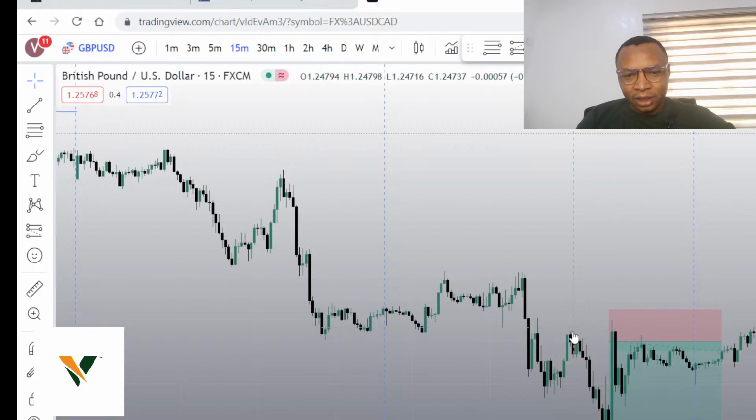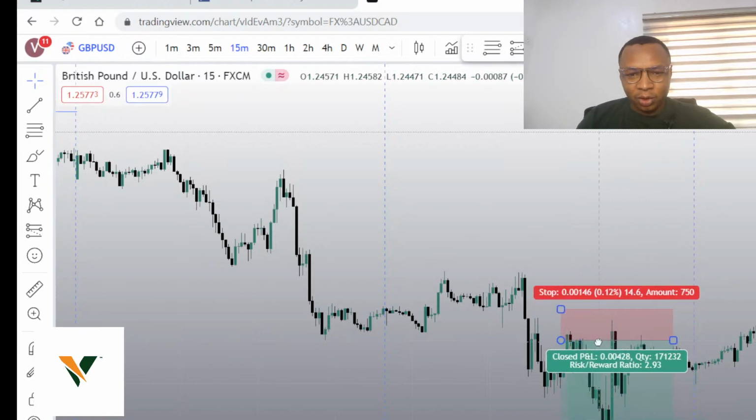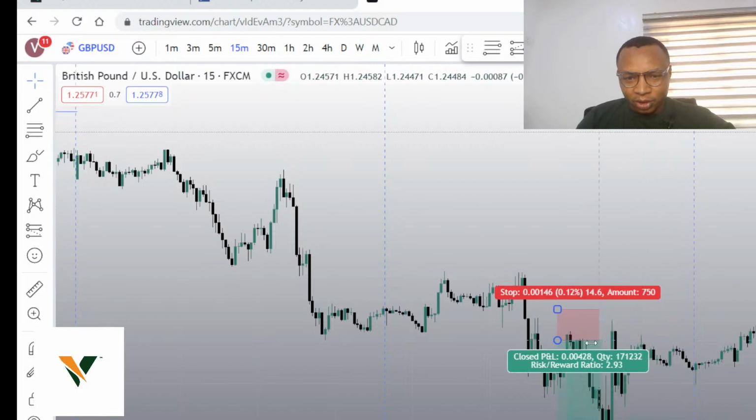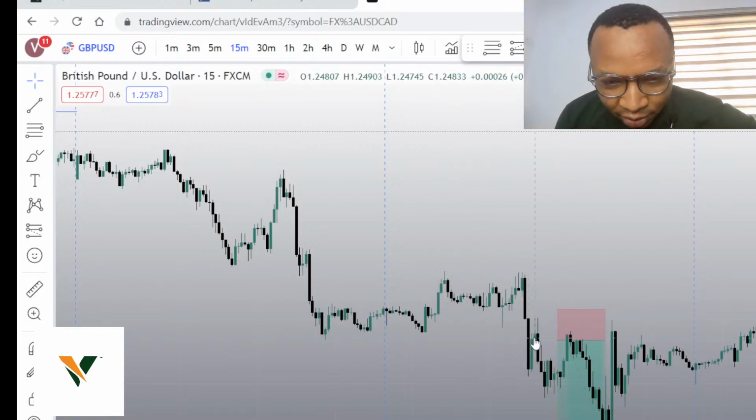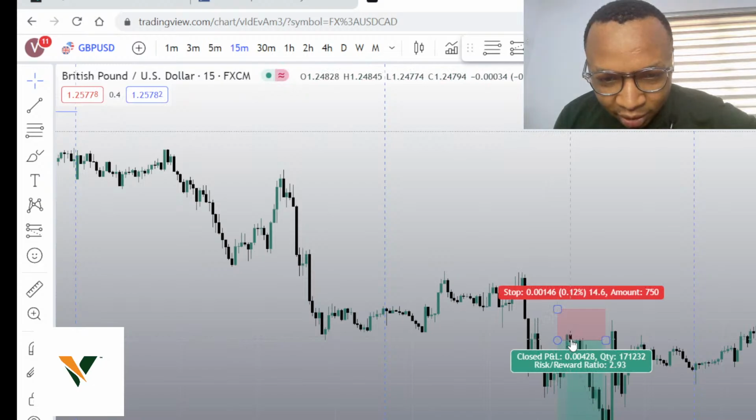Although price violated the order block, all right, price violated it, but then afterwards we told you how we expected it to still come down, and this is the short here, around here. Yes, this was it. Okay, no, price didn't violate the order block actually. Price came back to reach the order block around 9:45 p.m. Nigerian time, and then we had this short.